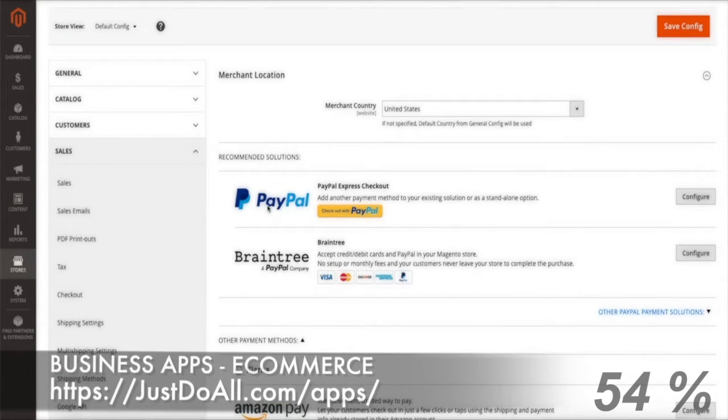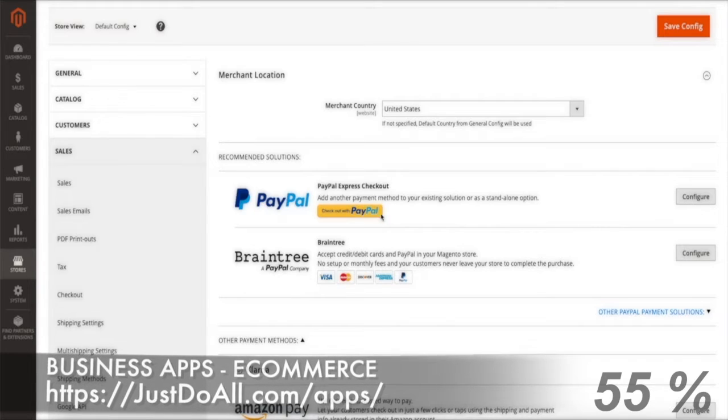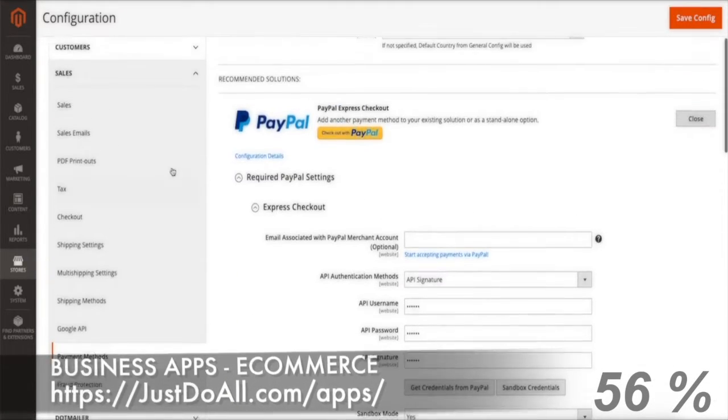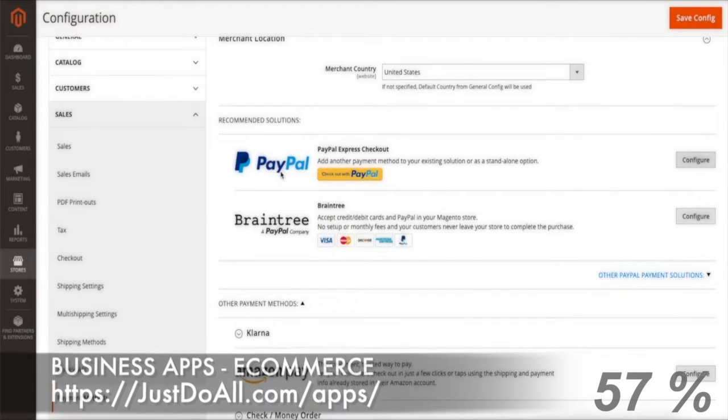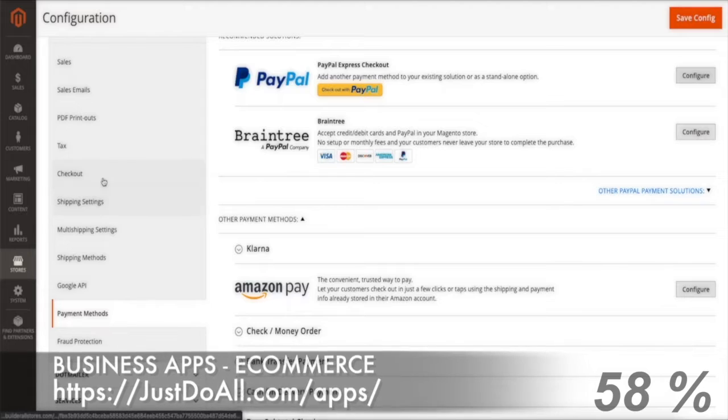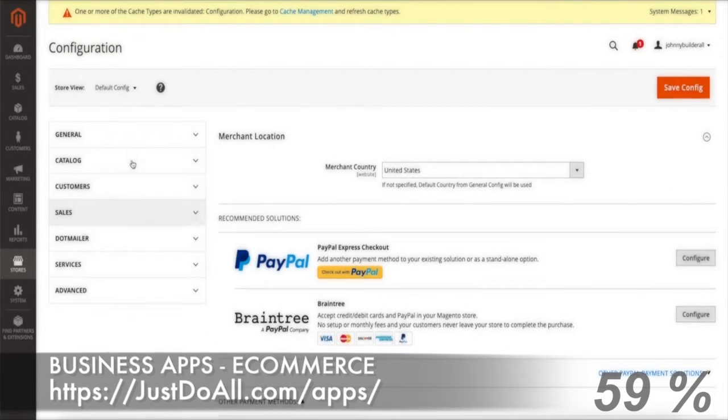We always recommend PayPal, as everybody uses PayPal. It's very simple, and you can click Configure here and set this up for you. But as you can see here, there are other options as well for anybody who wishes to use a different option. Something else here that we need to go over